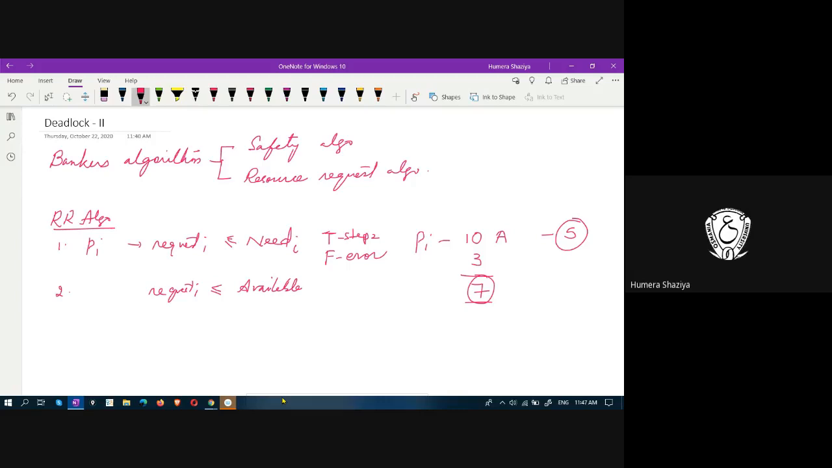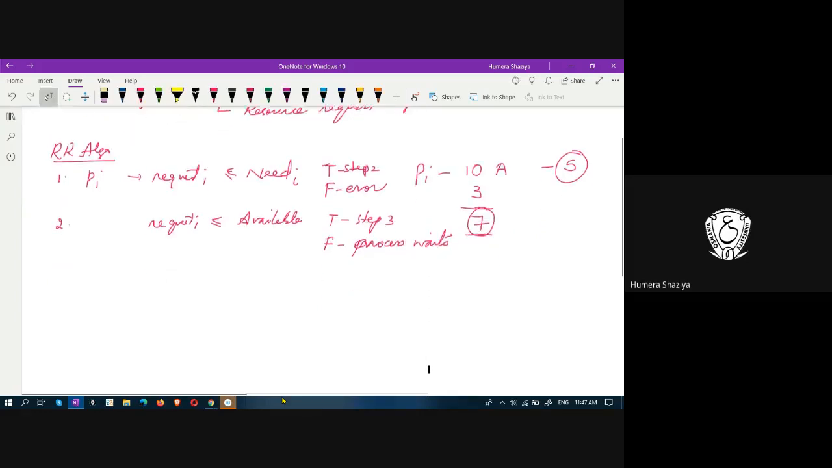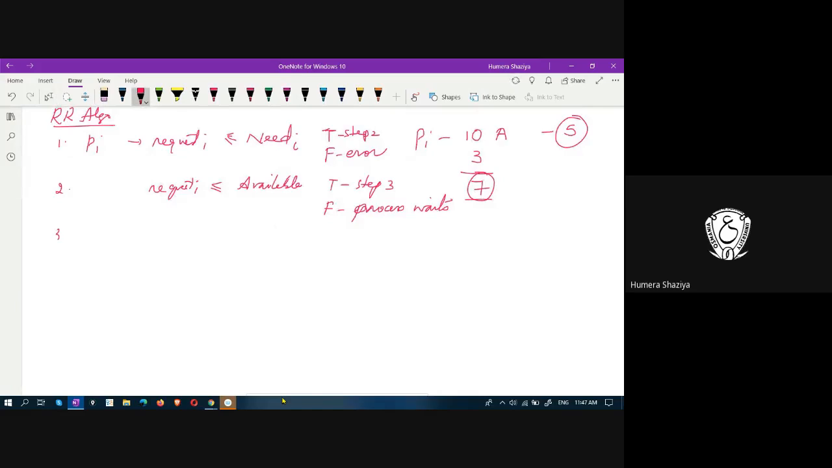Again, here you have two cases. If this is true, then we move on to step 3. If it is false, then not error, a process has to wait. Process waits until some more resources are added in the available list. In step 3, system